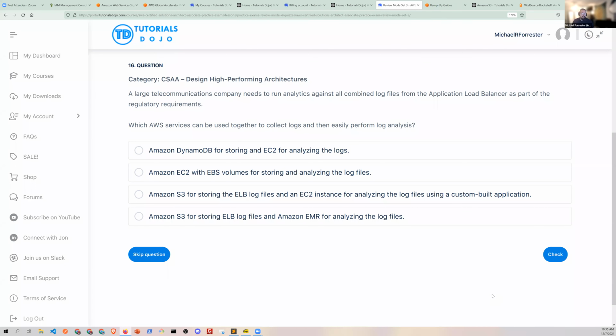Why S3? Why not use EBS volumes or DynamoDB? Well, first of all, DynamoDB is not built for that. So mechanical sympathy. Don't use the screwdriver to try and hammer a nail. Don't use a hammer to try and undo a screw. That's mechanical sympathy, a concept that Amazon talks about a lot. If the database is designed for NoSQL statements, it's not designed for log aggregation, right? So here, S3 is a perfect use case for a large swath of log files that you later want to do analytics against. And then EMR for all the reasons mentioned before.